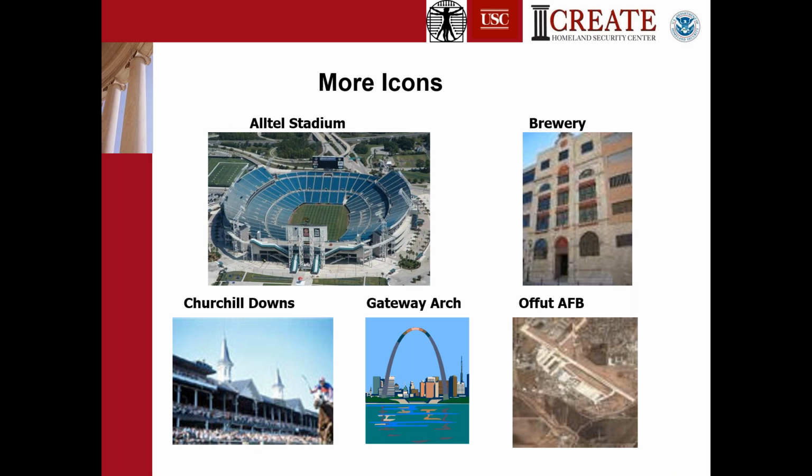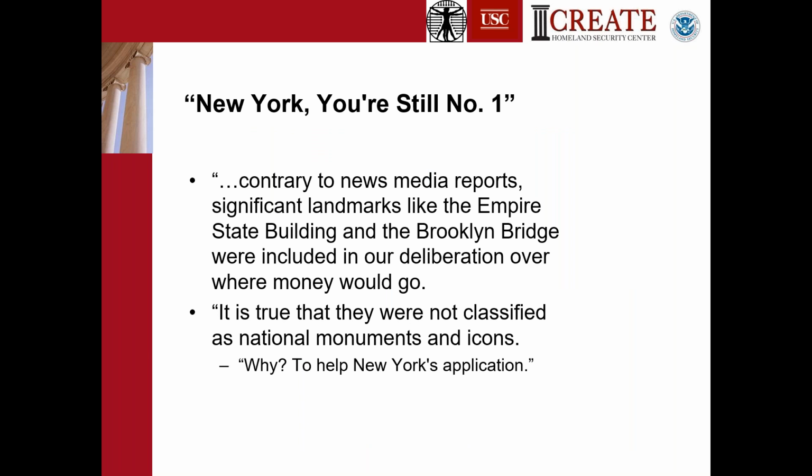One of the New York papers published a headline that read, DHS to New York: drop dead. So Secretary Chertoff, who was then Secretary of Homeland Security, had to write a letter to the New York Times explaining that New York was still #1 in everybody's hearts and minds, and explaining a little bit more about the